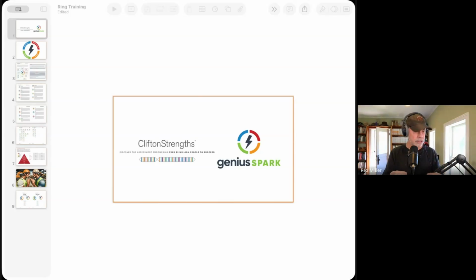So the Clifton Strengths tells us what someone has. It's their cards. Think of the rings as a deck of cards, 5 cards. So the Clifton Strengths tells you what's in the hand, but it doesn't tell you what the hand is, like a full house or a straight or something like that. That's where the rings come in. It's a sense-making system to take these 33 million combinations and create a pattern recognition system where it's fast and intuitive, and in a very short amount of time, you know something about the person, where their dominant energy is, where they're most fluid. That's a key part of the Genius Spark system.